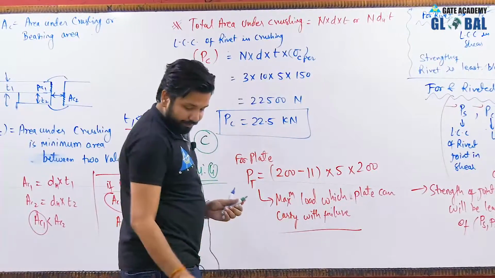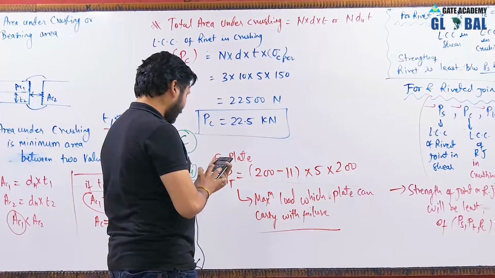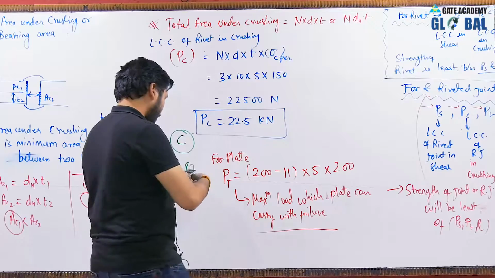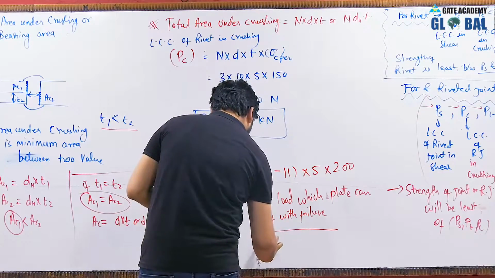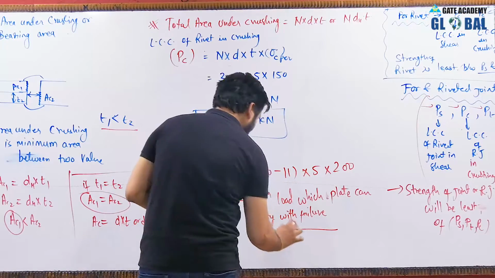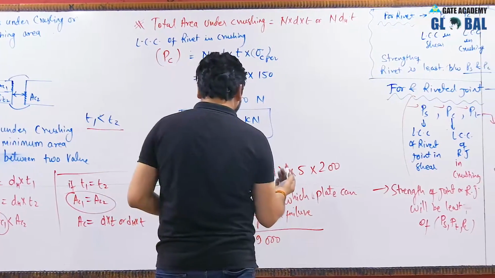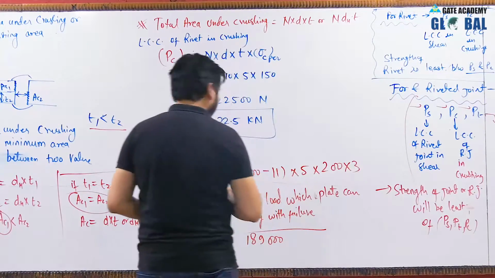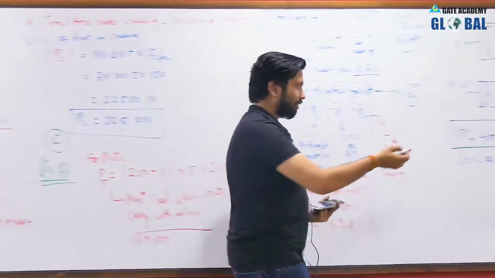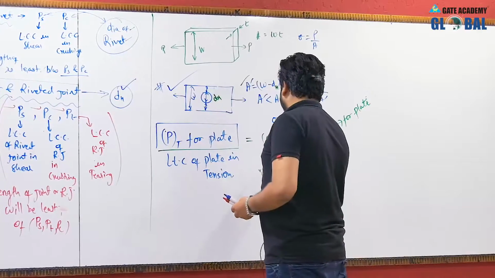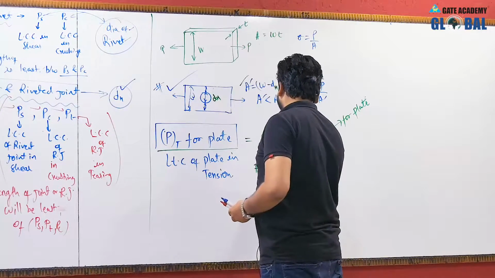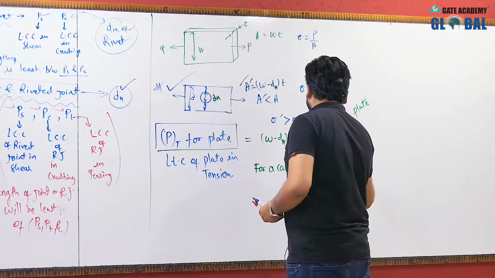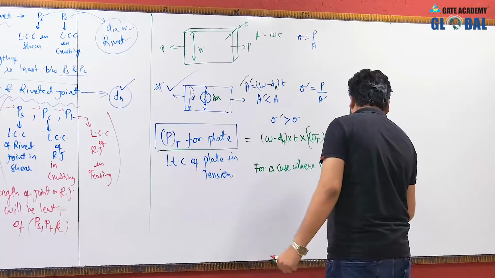So on solving, this is 200 minus 11 into 5 into 200. So, this is 189,000. Now, the number of hole is 3. So, multiply it by 3, as that is only for one hole. Now, if there is more than one hole, for a case where we have more than one hole,